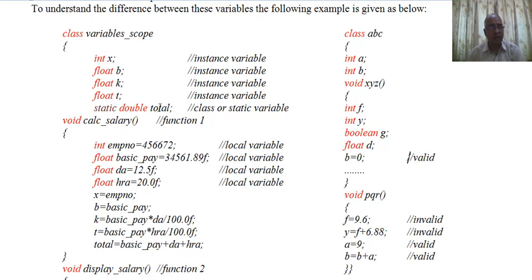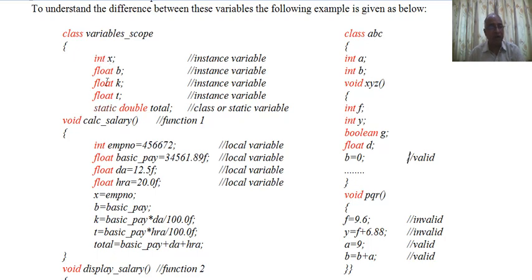So they are instance variables, or for example a static double is a static or a class variable. These variables can be used in any of these functions without even declaring again, because these variables are declared once and they can be used in any number of the functions because they are above any function. So class variables or instance variables can be used in all the functions.